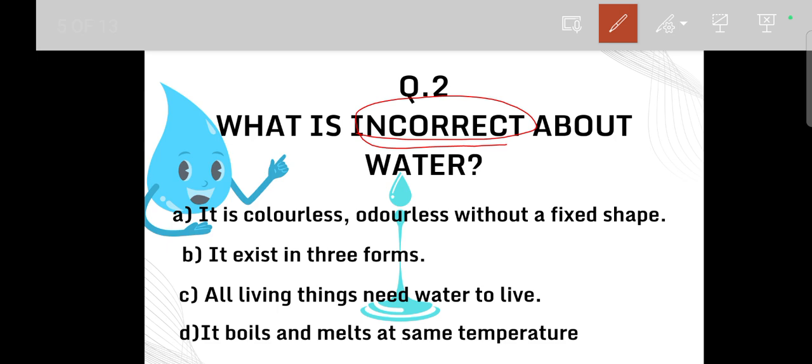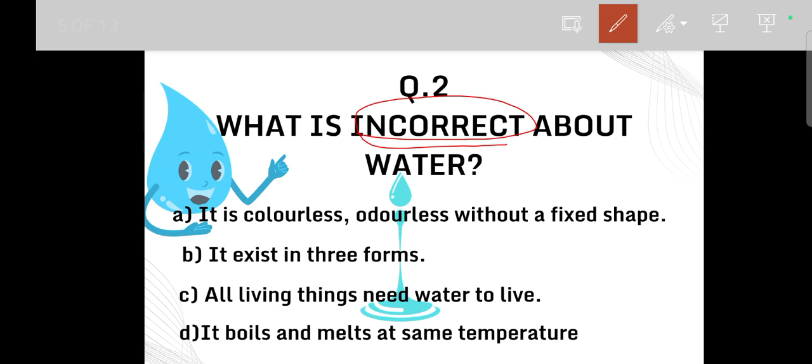Second option, it exists in three forms. Yes, water exists in three forms: solid ice, liquid water, and gas vapor. Third option, all living things need water to live. Yes, all living things need water to live.